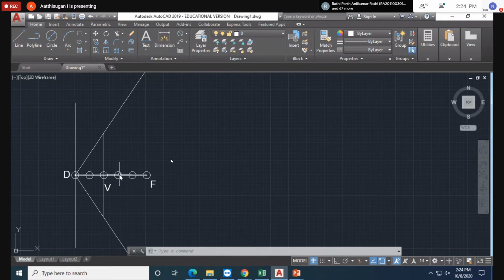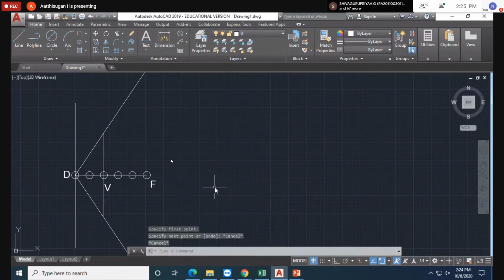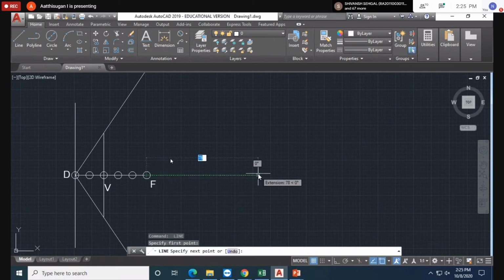The remaining ones, if you know, you can keep it. Others you can divide into the same equal parts. So this is 30. From here also I'm going to draw a line. Draw the line of 100 mm. This also we are going to divide into equal parts.